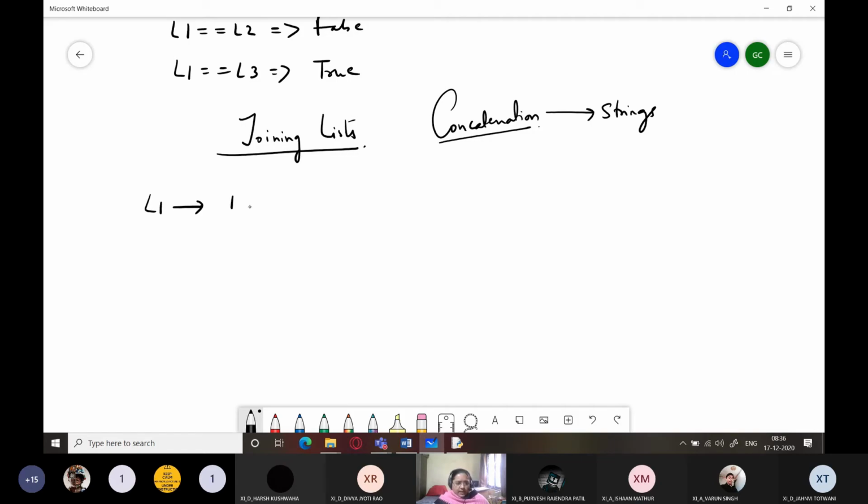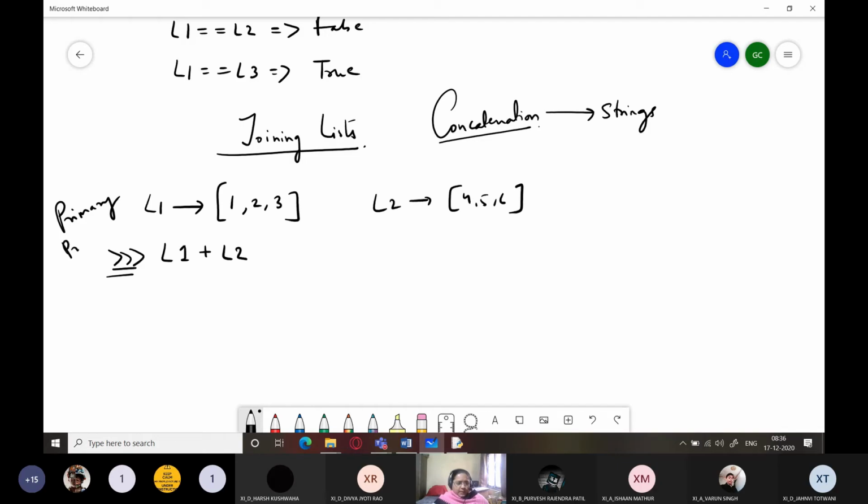L1 is 1, 2 and 3, and L2 is suppose 4, 5 and 6, right? And you are simply writing at the primary prompt, that is L1 plus L2. This is known as your primary prompt for Python, where you write statements in the interactive mode.